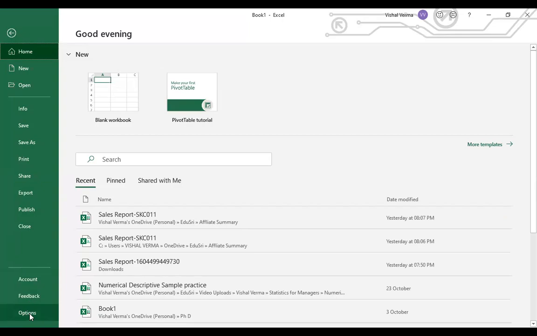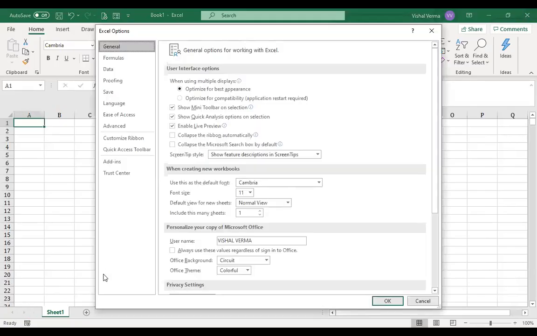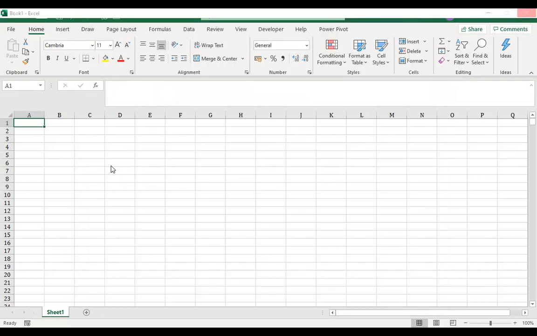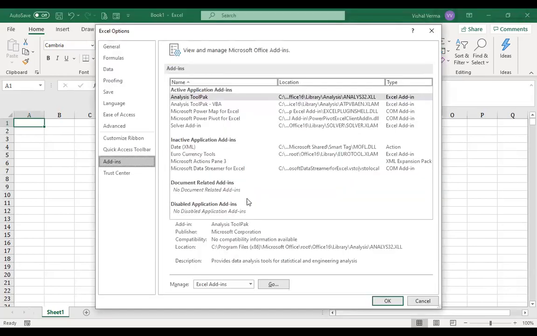You can go to Options. In Options you will find a section called Add-ins. Click on Add-ins, then you'll find the Manage section here.